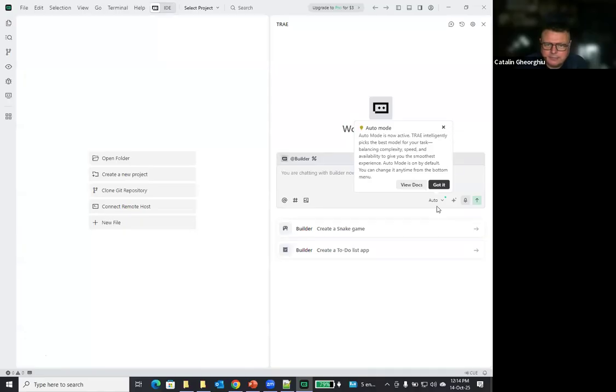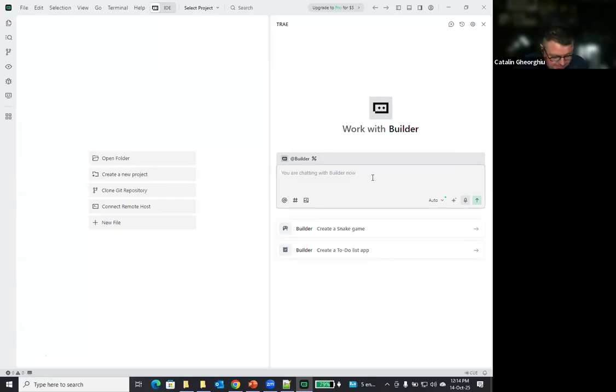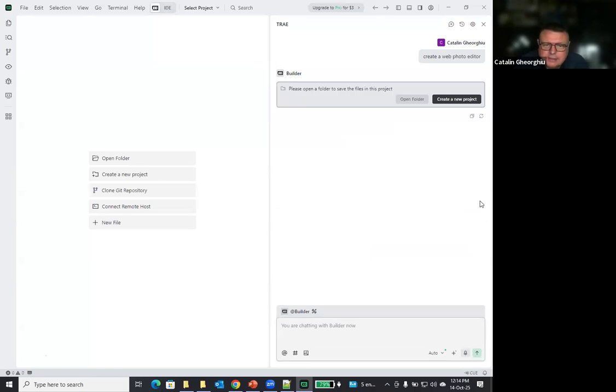Again, it says that we have auto mode. Again, we will try to create a web photo editor. So send it over, and let's see.